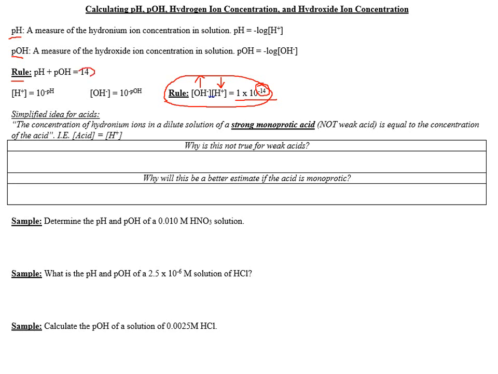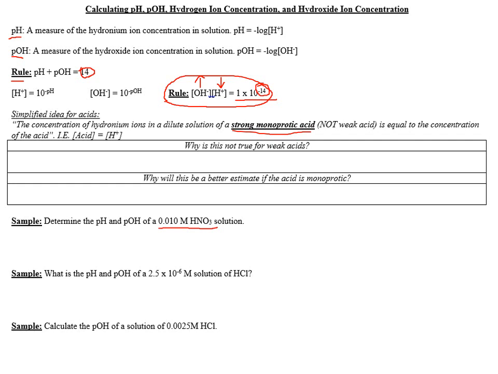And look at that over here, 14, the high value on the pH scale. So we're going to do some sample problems together. There's a little rule I want to go over first. If you have a strong acid and I give you its concentration, so let's say, for example, I give you the concentration of this strong acid over here, 0.010 mole per liter HNO3. The concentration of that strong acid